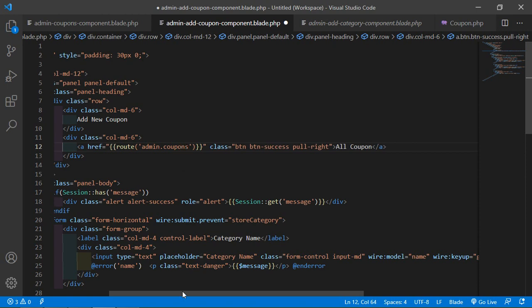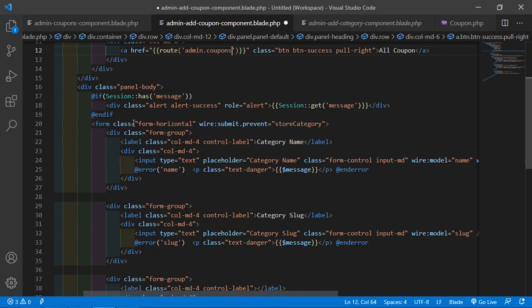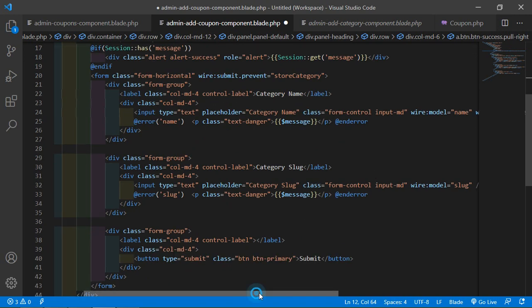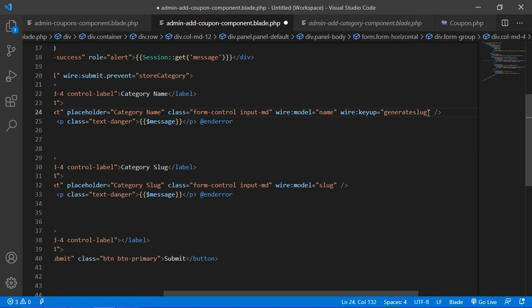Okay, all right, and inside this form first of all just remove this wire colon key up, this one.